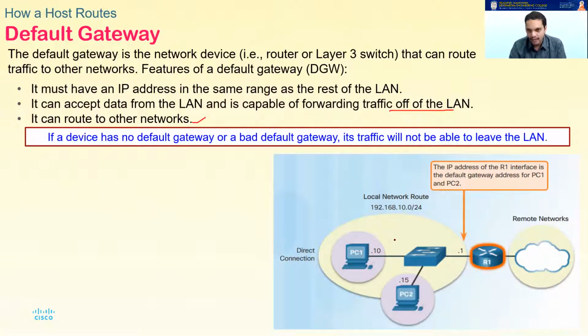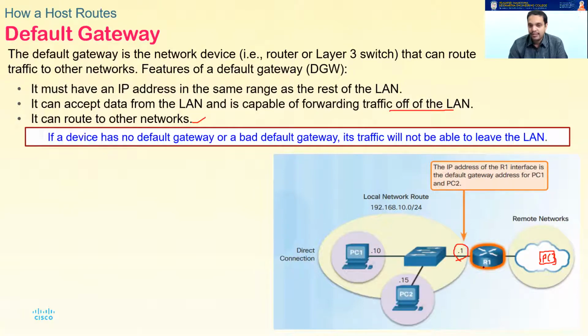Simply speaking, just take our example. PC1 and PC2 can communicate with each other. PC1 can send a packet to PC2, and the switch can forward it. But imagine there is a PC3 here, which is on a completely remote network. What happens if I want to send something to PC3? We don't know about it. The only way a packet can be sent to PC3, which is on a remote network, is for it to be delivered to the default gateway. Here, R1 is the default gateway for this network. Any packet that wishes to go out of this network has to go via R1 only.